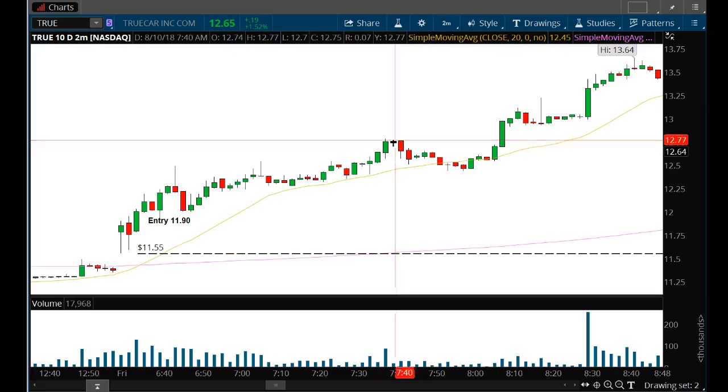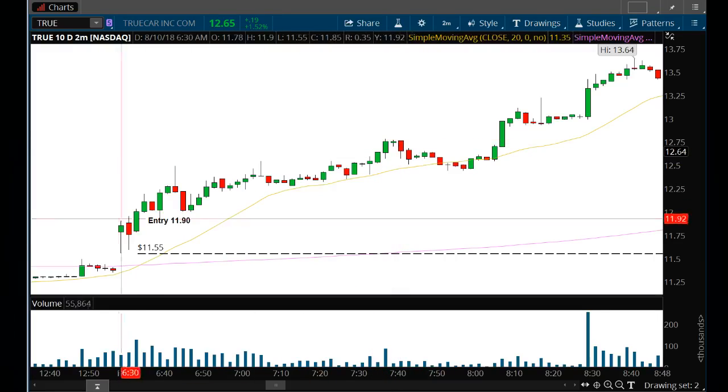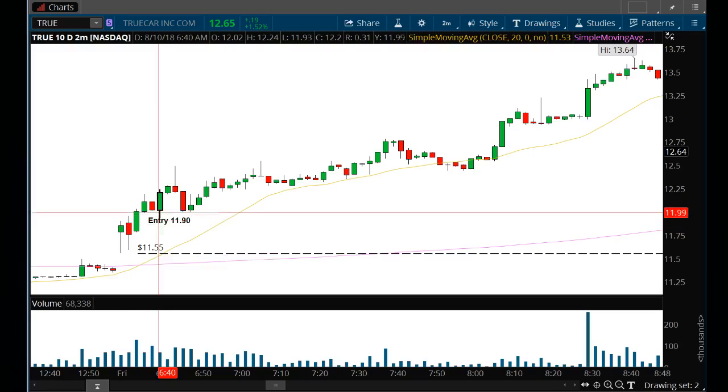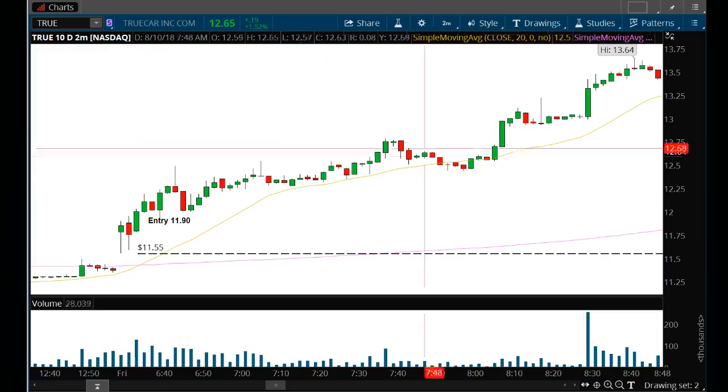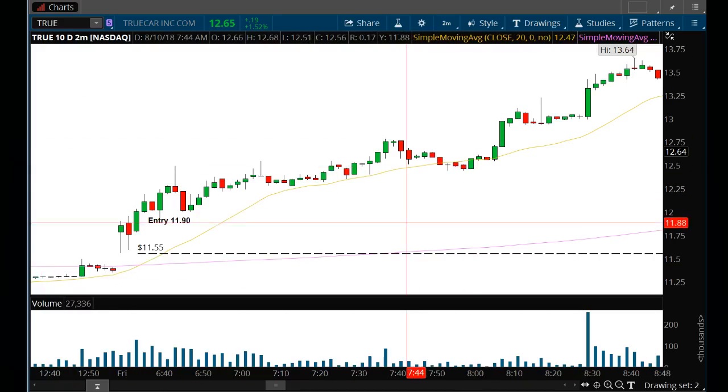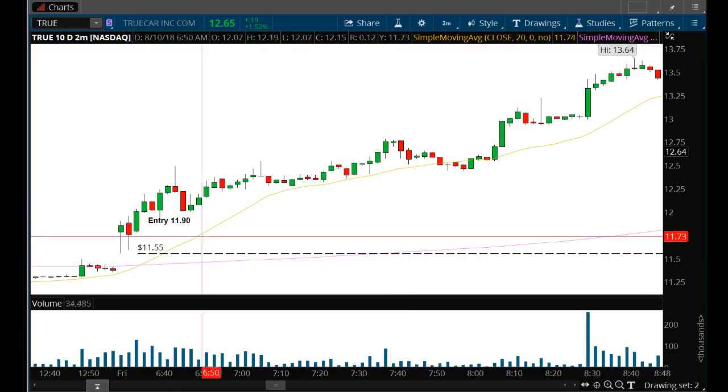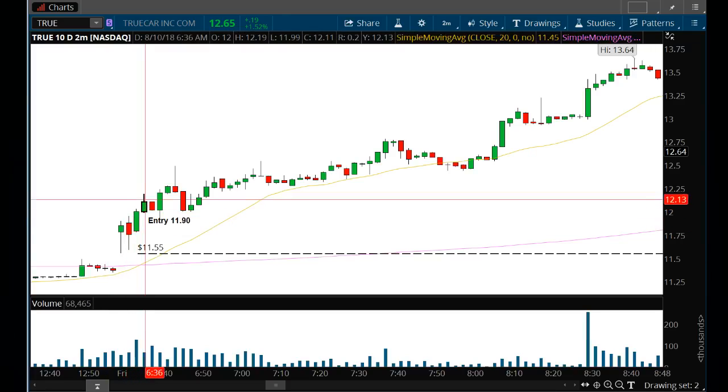I already pointed out, if you want to just wait for 2 Rs, fine, you got it. That works okay on this one. If you get out at the first sign of trouble, you're going to be out here, right? You're going to get out and then see this bar immediately flip. So you can see on all of these examples, except for the second one, the SWCH, trailing immediately